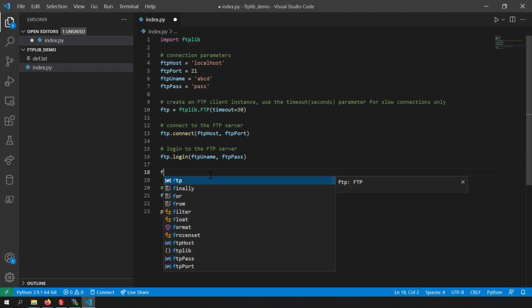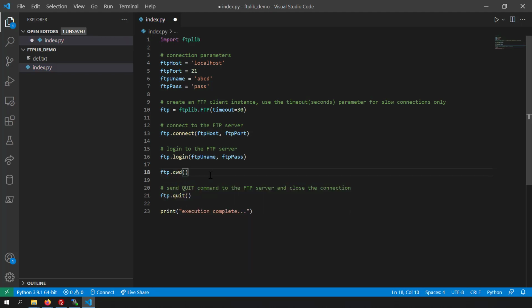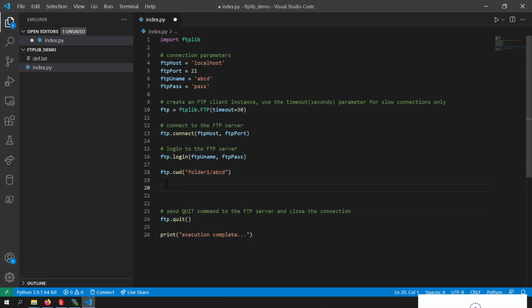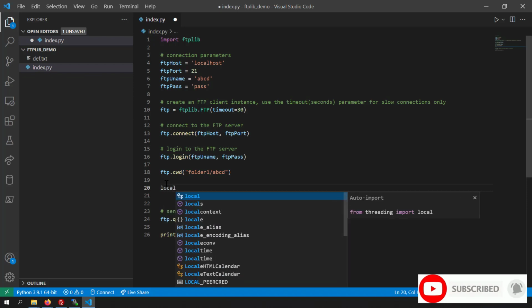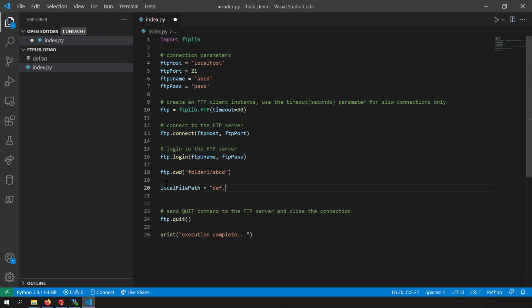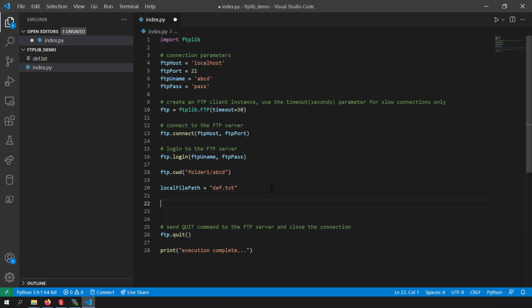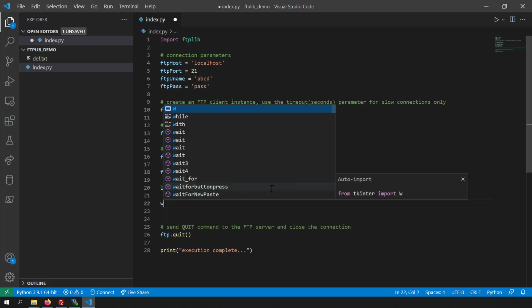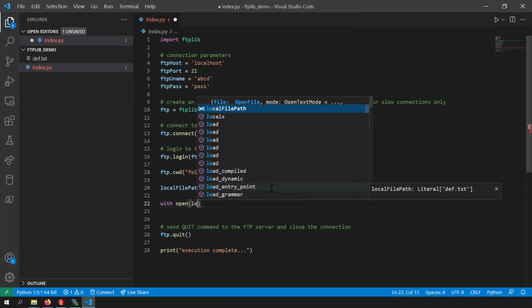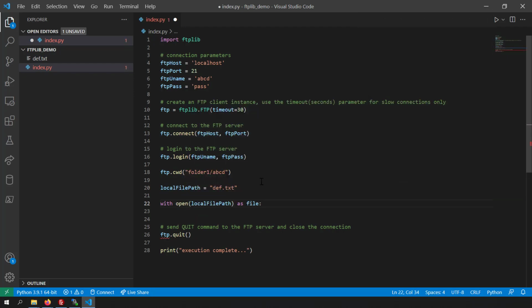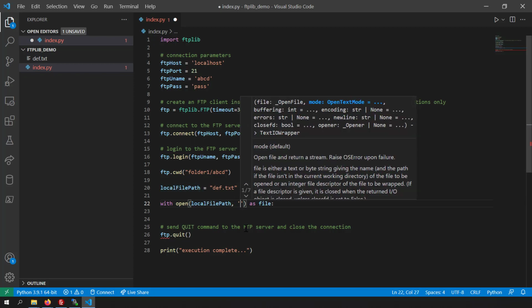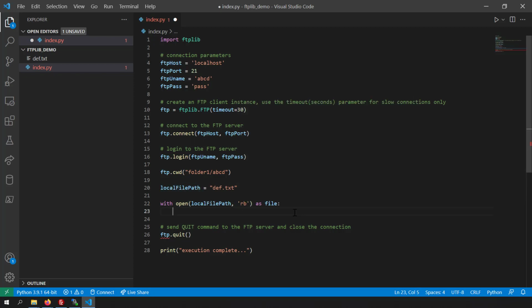So I'll just write ftp.cwd, and here my working directory would be folder1/abcd. Let me define a local file path which I'm going to upload to the server. So I'll just write local file path equal to def.txt. So this is the file path which I'm going to upload to the server. So first I want to open this file using the open function. So I'll just write with open the local file path as file, and here I'm going to open it to read only the binary content. So I'll just write the read binary flag here, and then I'm going to use the